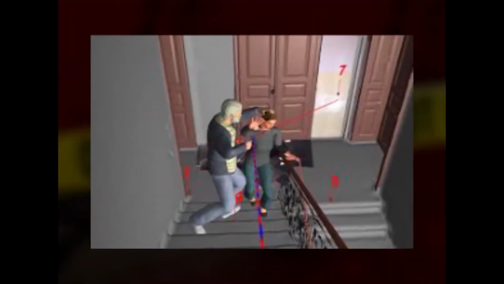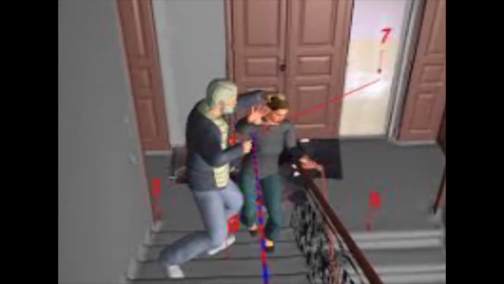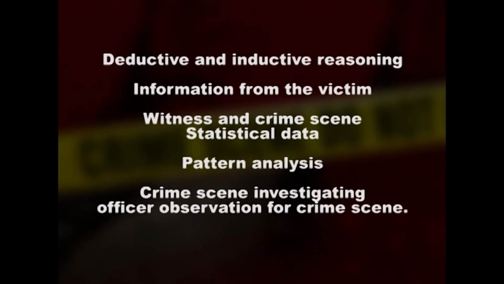Dear student, till now we understood the reconstruction is based on certain parameters such as crime scene examination, forensic science laboratory analysis of physical evidence and other information to reconstruct the crime scene. Moreover, as we know, crime scene reconstruction also includes different types of reasoning such as deductive and inductive reasoning, information from the victim, witnesses and crime scene, statistical data, pattern analysis and crime scene investigating officers' observation for